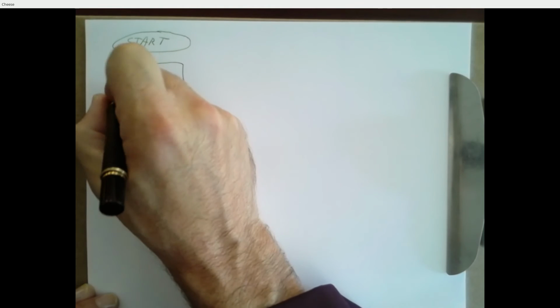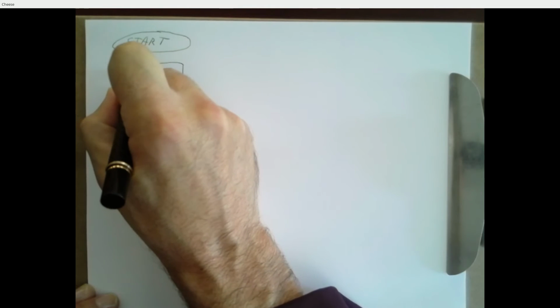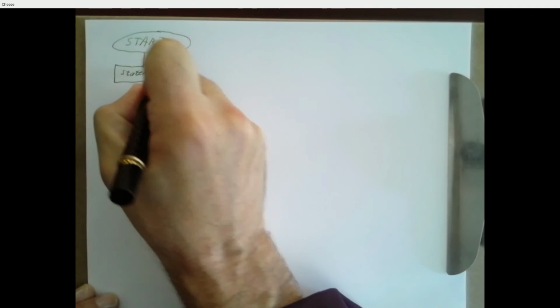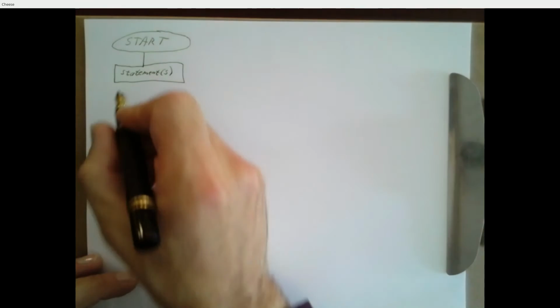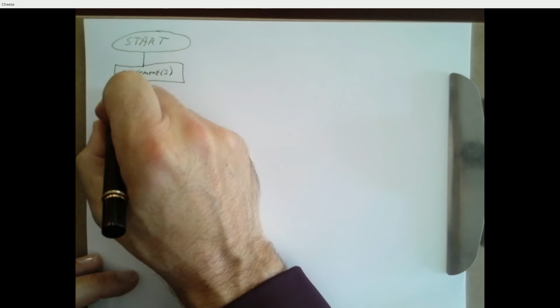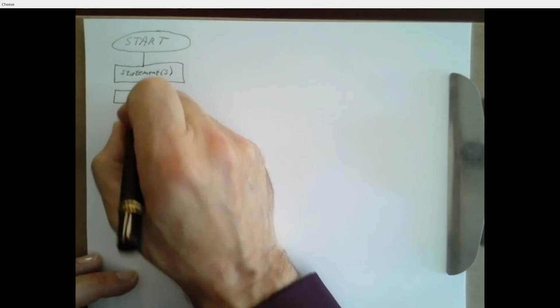And a rectangle is where we list any kind of statement. Set x equal to 0. Set I equal to I plus 1. Just something that's going to translate into a piece of code that says do something. And we could put multiple statements in a box, particularly if they kind of go together. If we're initializing a bunch of variables, set I equal to 0, set sum equal to 0, set count equal to 1, we can put those all in one block. Or we might have things that kind of serve different purposes, and we might put those in separate rectangles.